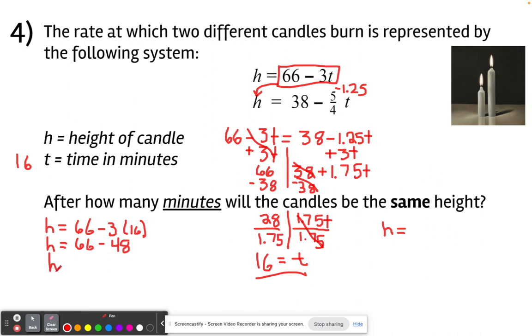So my height of my first candle will be 18 inches after 16 minutes. Let's check to make sure that my second candle will also be 18 inches after